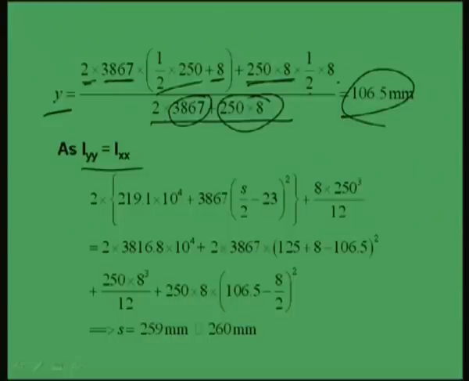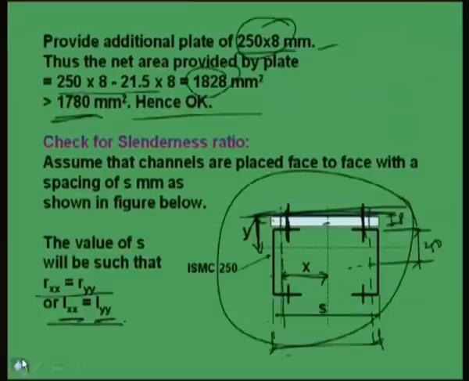Similarly, we need to calculate y for getting the values of Iyy and Ixx. Now, I can find out Iyy and Ixx, right. So, if I make Iyy, Iyy means about this axis. Okay. So, individual moment of inertia plus A r square to shift this, that means r will be x. Okay. Individual moment of inertia plus A into x square for this, plus b d cube by 12 of this plate.